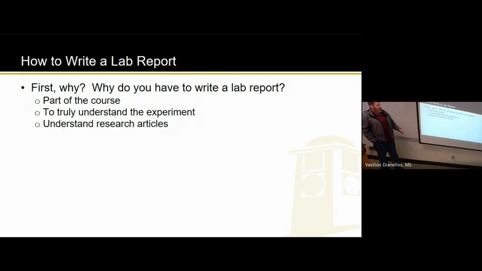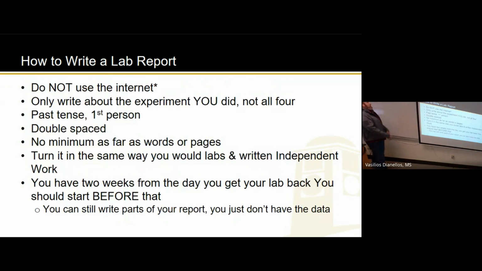Another thing, and this is a little bit less important, but it should also help you understand research articles, right? And hopefully that will be important later in your life because as college-educated citizens, hopefully you don't just accept what people tell you. Hopefully you look for their information. Oh, you said this? What are your sources? And then look at the sources. But to be able to understand those sources, you need practice. And one of the ways of practicing is writing a lab report, because a lab report is like a really light version of a peer-reviewed article. Very light. But you're going to understand those processes, so that should help you understand peer-reviewed articles. So there's some things to consider.